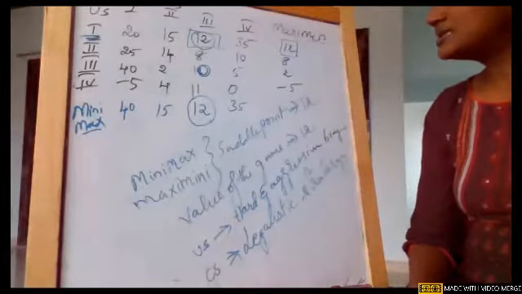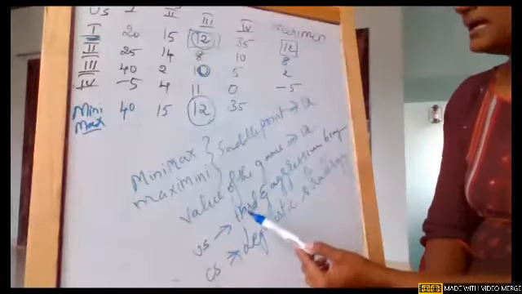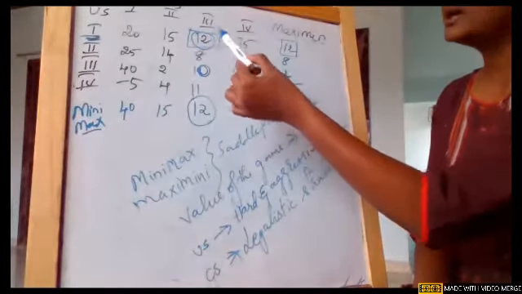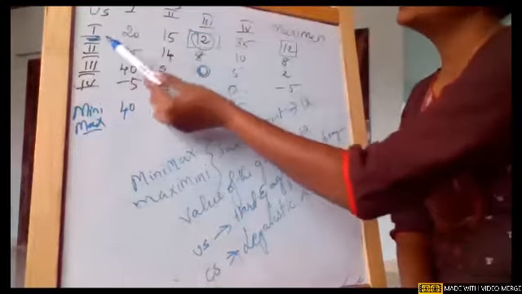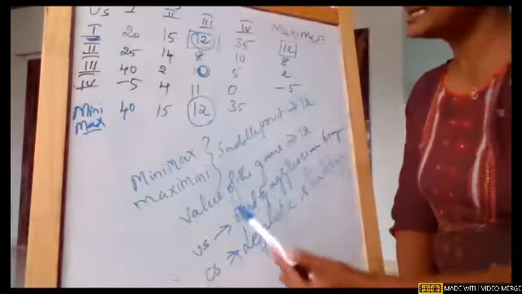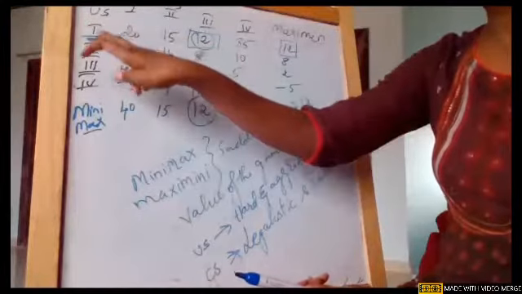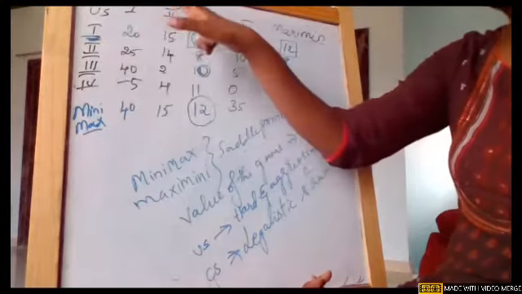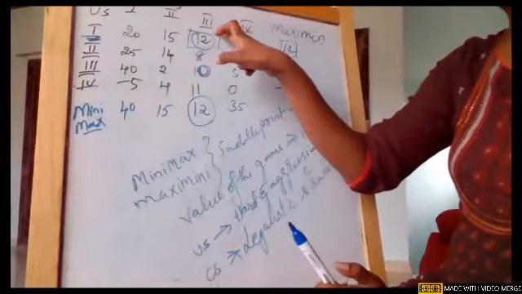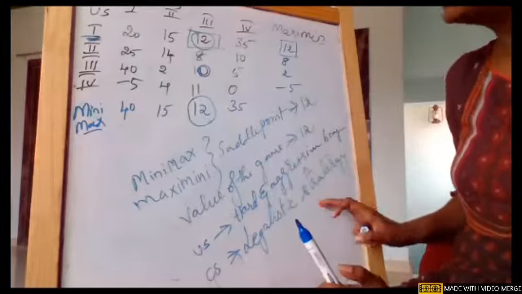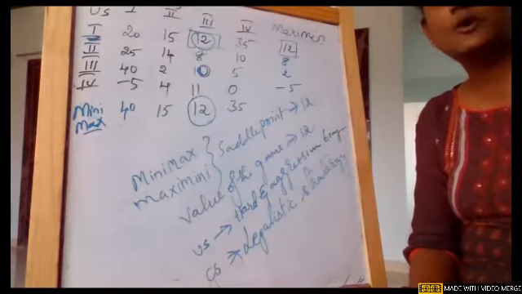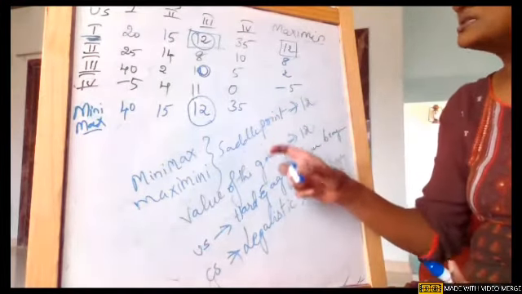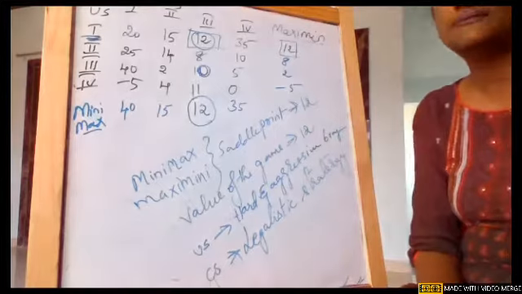Now the value of the game we got to be 12. Value of the game is nothing but the value of the cost matrix. These are the two strategies where we got a saddle point. From the union's perspective, the first strategy is optimal for them, which is hard and aggressive bargaining. From the company's perspective, it is the third strategy they are supposed to choose, the legalistic strategy. So this is what they asked us, which strategies each of them must adopt. We suggested the two strategies, and the value of the game is 12.